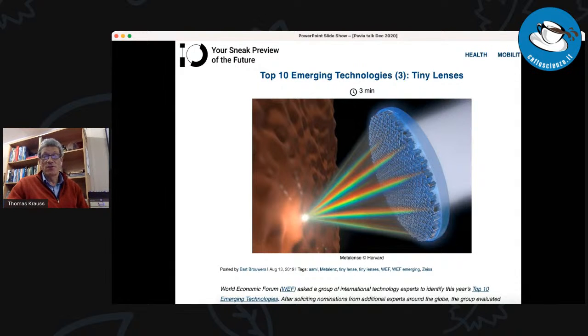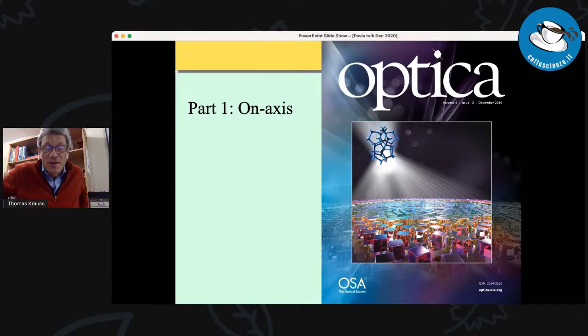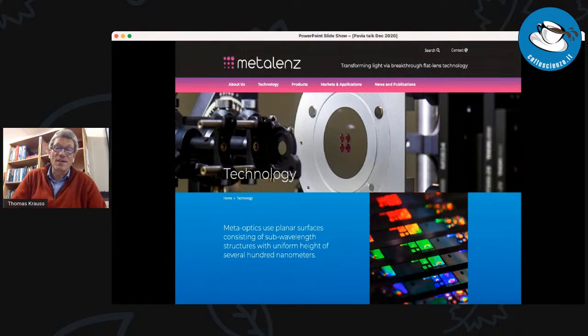And in fact, the first company is already formed. It's called Metalenz, with a Z at the end. And they make these nanostructures, and they're mainly targeting, for the moment, machine vision. So not smartphone cameras, but cameras in automation in machines, again, to make things smaller, simpler, lighter, easier. Okay, so there's clearly a big driver.